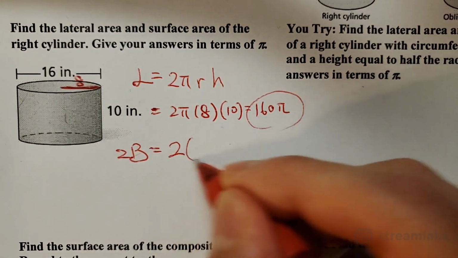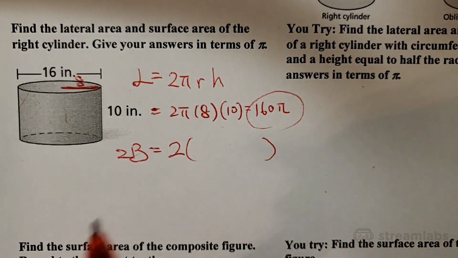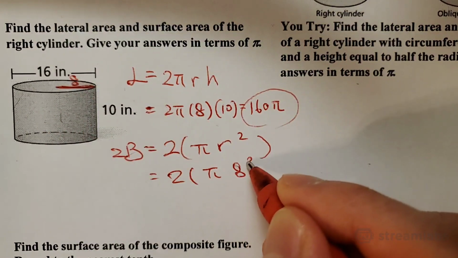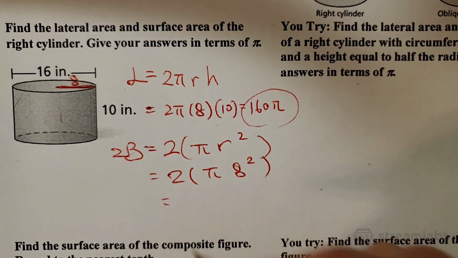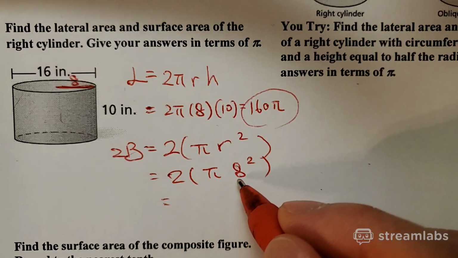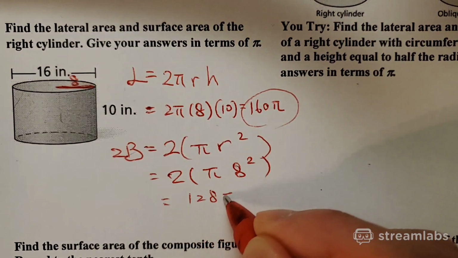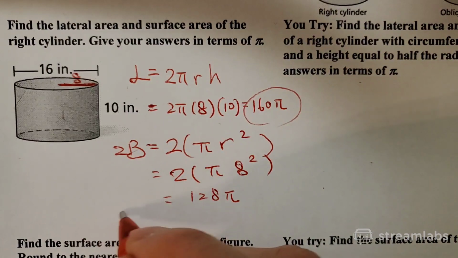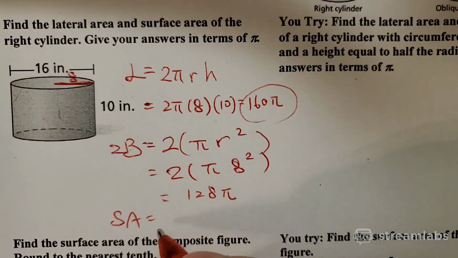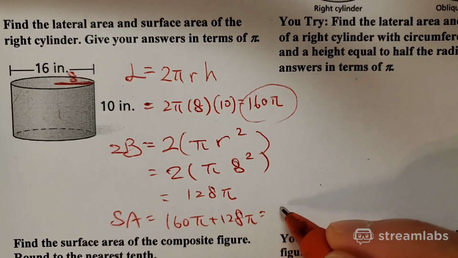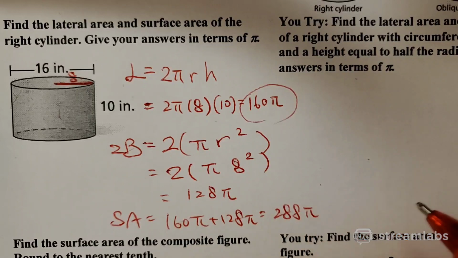So 2 times, what is the base? The base is pi r squared, right? Pi is pi, r is 8 squared, so that's going to be 64, so 128. So then your surface area, just add them up, right? So 160 pi plus 128 pi, so that's going to be 288 pi